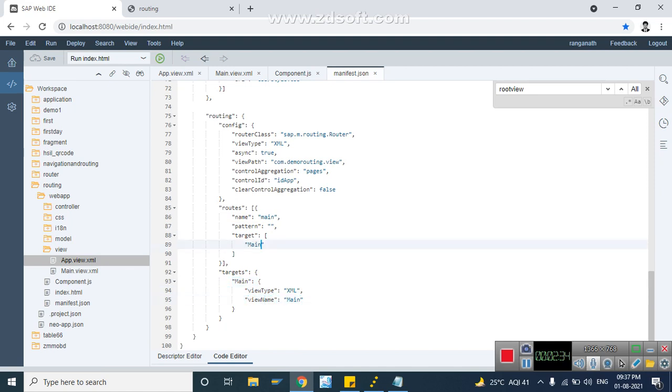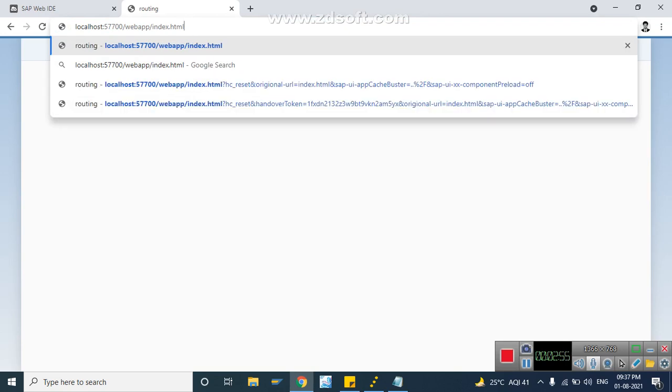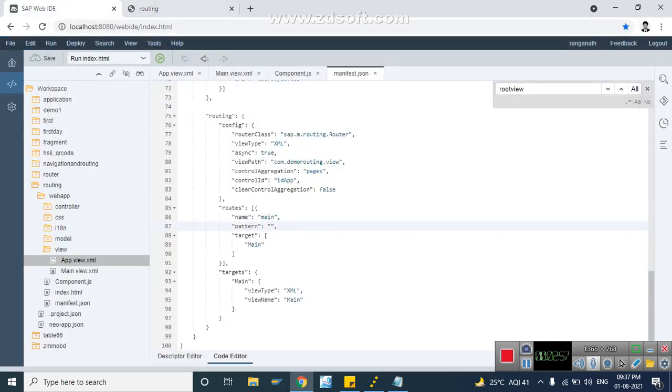If you see here, this routing has pattern equal to empty. There is no pattern here, meaning it is an empty pattern. When this empty pattern matches with the URL pattern, the defined target will be called.